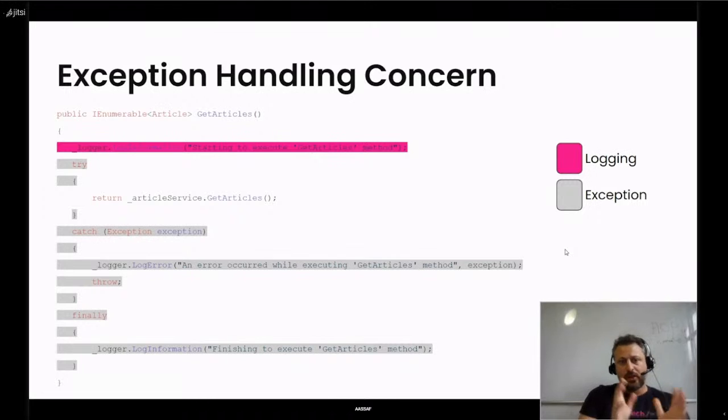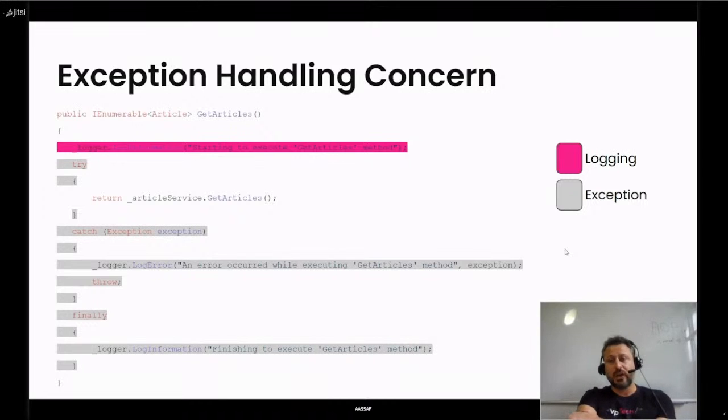On the left, we see in gray the code responsible for handling the exception. When we have an exception, we will log an error, and finally we will log an information because the call has ended. After that, why call this remote API every time?